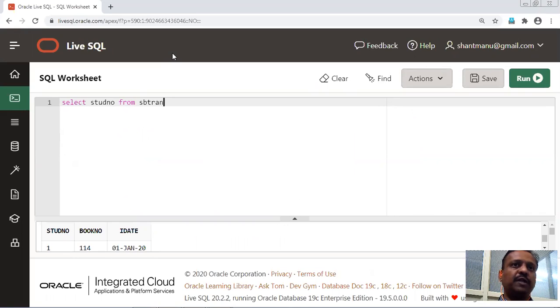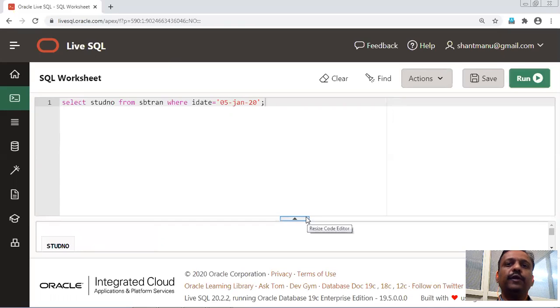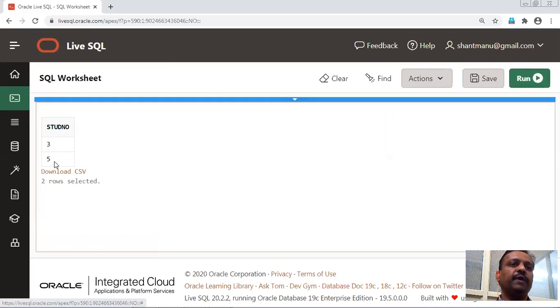Student numbers from the transaction table where issue date equals 5th Jan. So you will get student numbers 3 and 5 from the transaction. Those students who made a transaction on 5th January are 3 and 5.